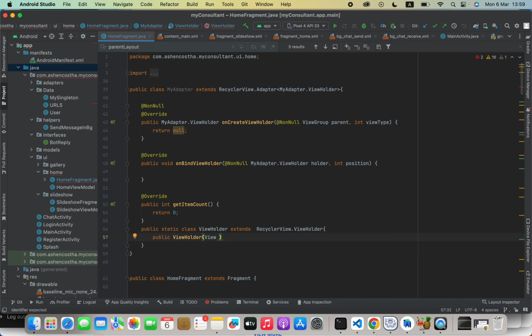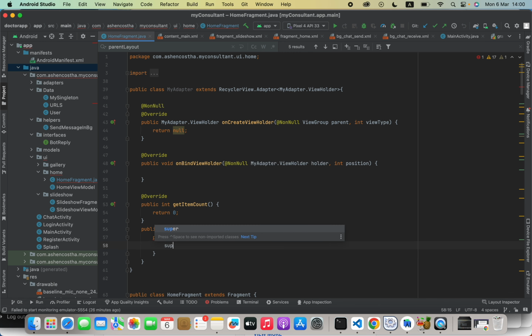This method will be parameterized, so I will pass View itemView. Okay, and after that I will add braces. Inside braces we are going to call super, and inside parentheses we have to say itemView, the parameter name. Alright,